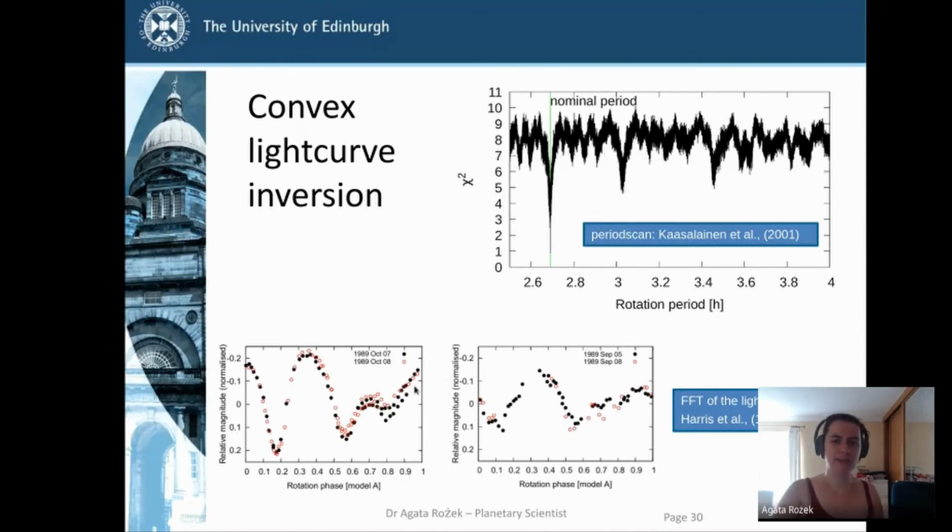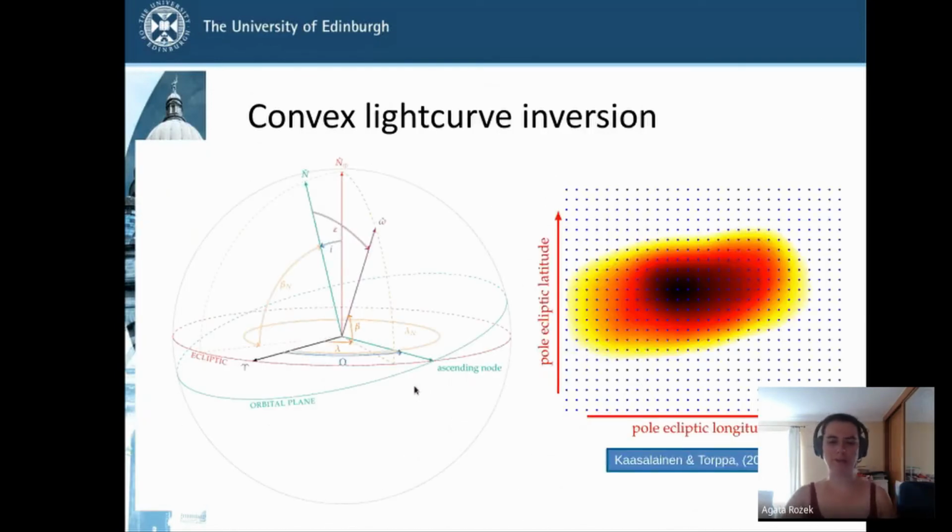After I have the initial period, I go to determine the rotational axis. Now, because of the conservation of momentum, the orientation of the spin axis of the asteroid is constant relative to the ecliptic. So, sorry, and constant relative to the orbital plane of the object. So what we can see here